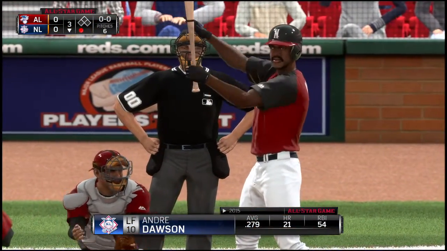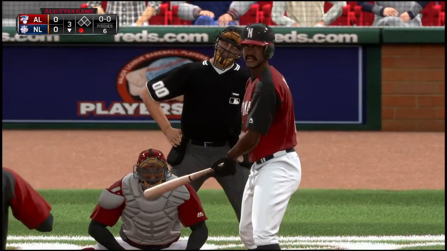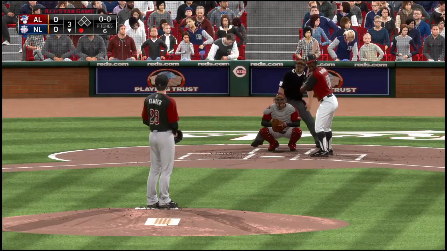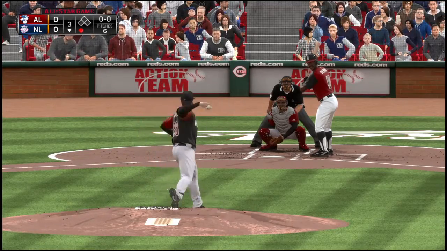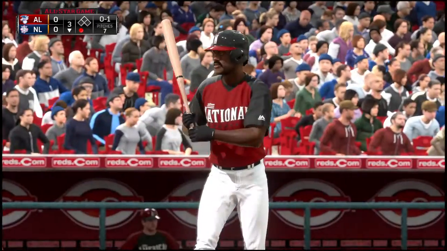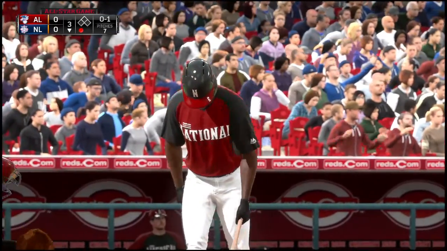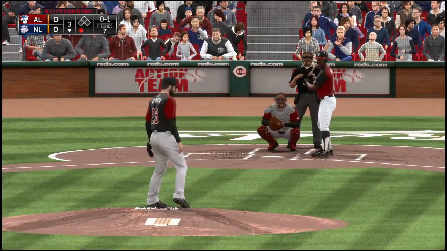Andre Dawson digs in at the plate. Here's the first offering. Pitch to the plate is a sinker for a called strike one.